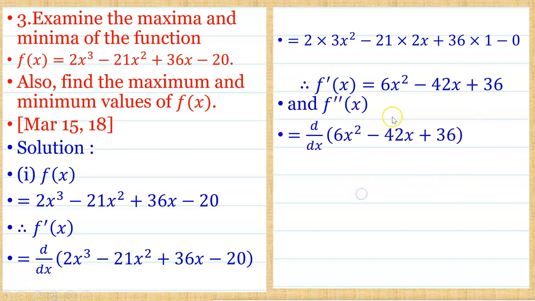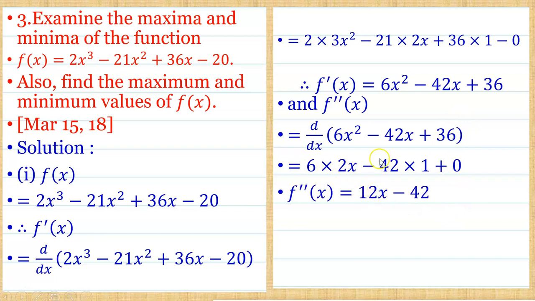f double dash of x, the second derivative, is the derivative of 6x square minus 42x plus 36. Here you will get 6 as it is, the derivative of x square is 2x, 42 as it is, the derivative of x is 1, and the derivative of 36 will be 0. So here 12x minus 42 came. And here, the first condition we always treat is f dash of x equals